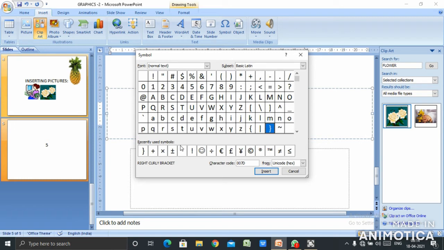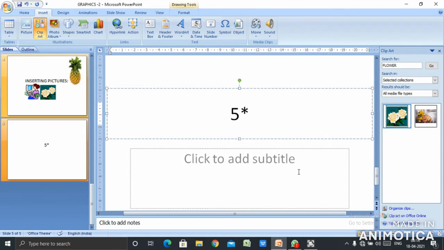I will select the asterisk symbol, click on the insert option, and close the window. Now see here, this is the symbol of multiplication in computers. Then I'll press the 5 number key. Children, this symbol is known as the asterisk symbol.